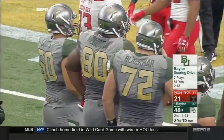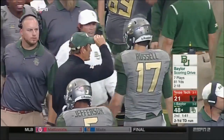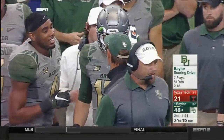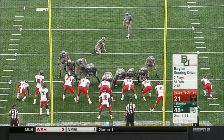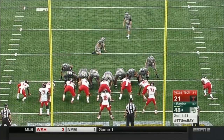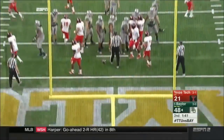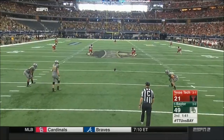Looked like maybe Russell was doing some talking there too. Back at Deshaun Johnson. And Art Briles doesn't look happy. It may be because of that. He was looking back at the defensive back there. I mean, there's been a lot of jawing, but